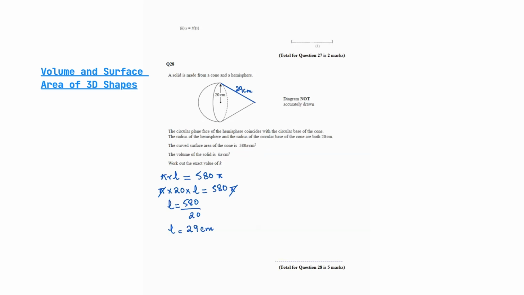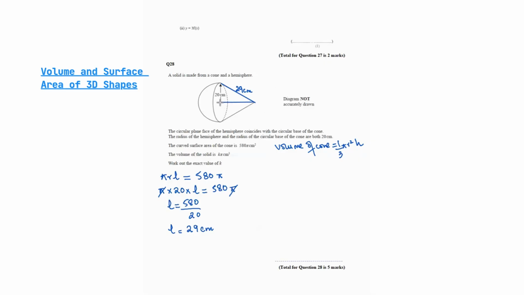So as we know, for the volume of a cone, we need the height. Whereas for the hemisphere, we already have the radius, which is 20. Volume of cone is 1 over 3 pi r square h. This is the formula. Height is basically